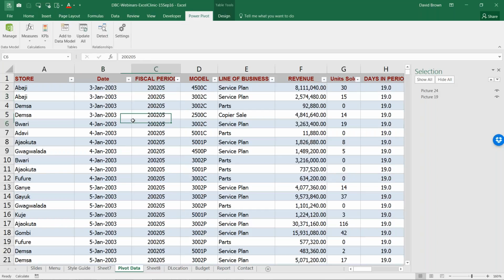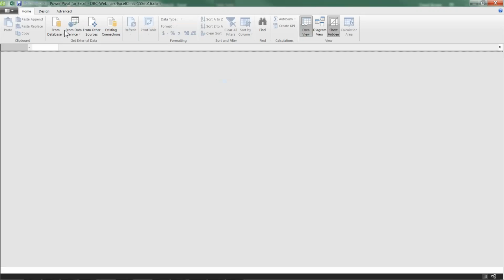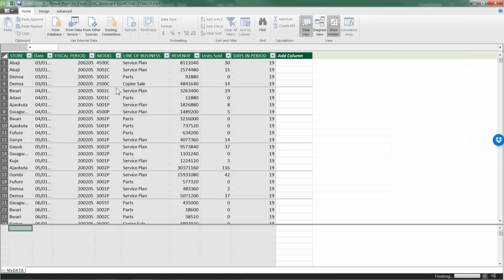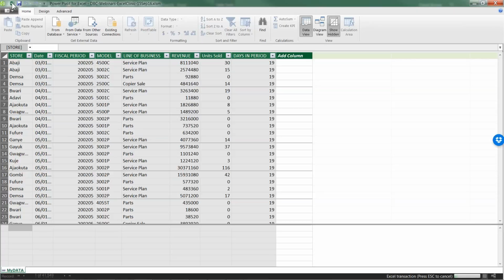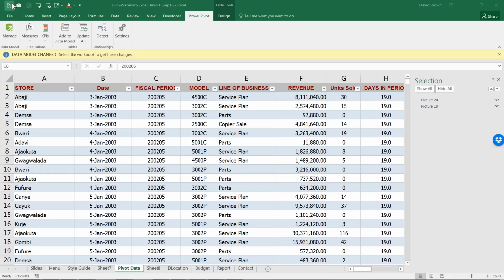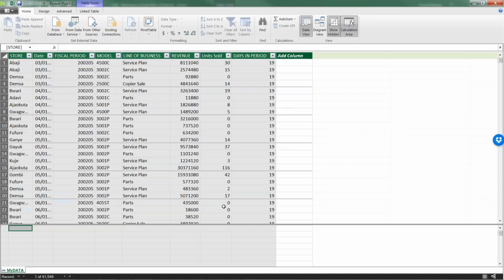So here we are. This is my data model. I'm going to add this pivot data table that's here to my data model. I just clicked add to the data model. Now what has happened is this: from Excel, I've added this pivot data to something called a data model. So this is not really Excel, it's just a data model. I'm just bringing data from different places and adding it in.